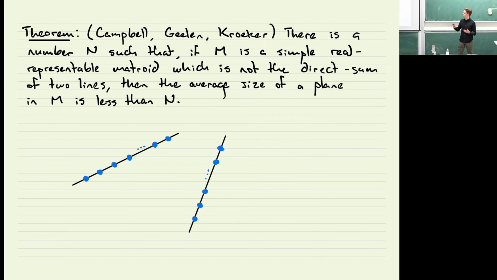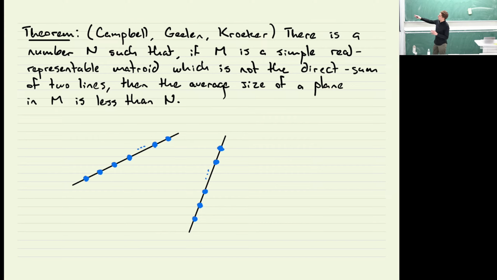So what you're describing is a uniform matroid where all the non-trivial flats just form independent sets, and in that case, the average is really easy. But with matroids, you can arrange things in pathological ways, like this union of two lines, where all of a sudden you're forced to have all your planes having unbounded size. But what this is saying is that almost no matter how you arrange them, you're going to have this absolute